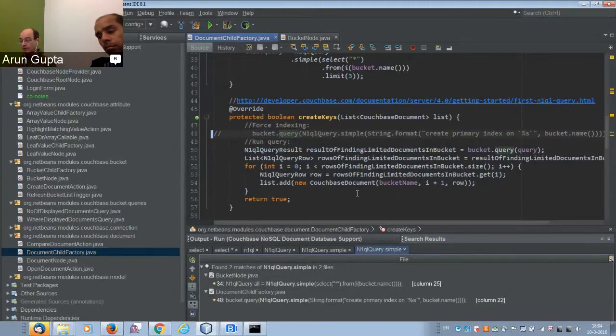And of course, you only need to do this once. So every subsequent time that you run this, if the index is already there, this is probably returning an error, but that's not a problem. It's an unnecessary call if the index is already there.